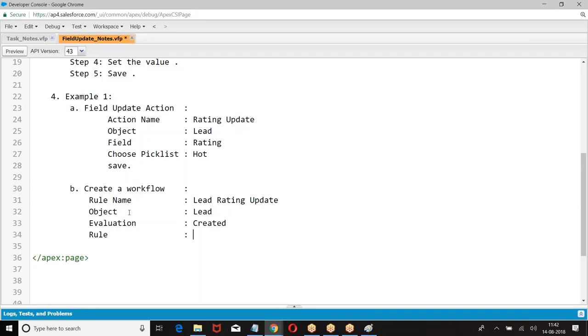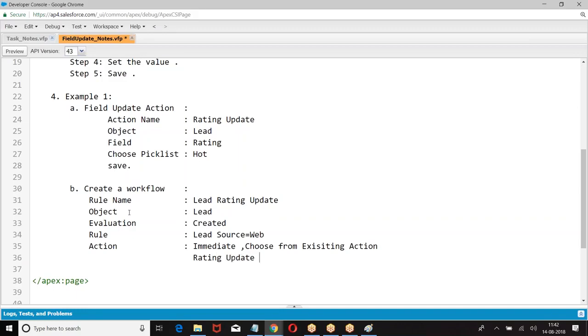What is the rule? Lead source equal to web. Action: choose from existing. What is the existing action you want to choose? Rating update. Click on activate. Basic example.